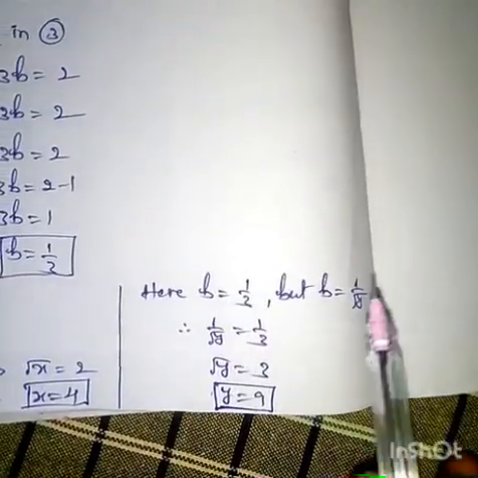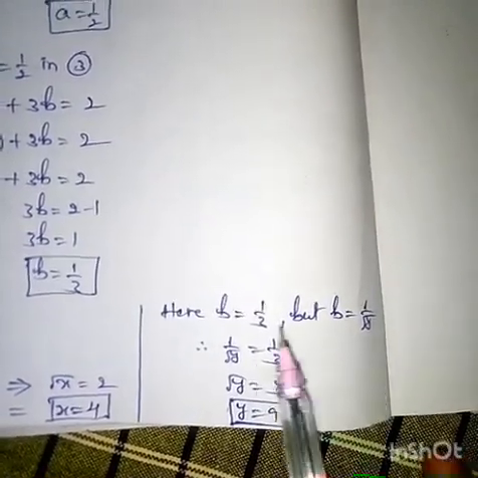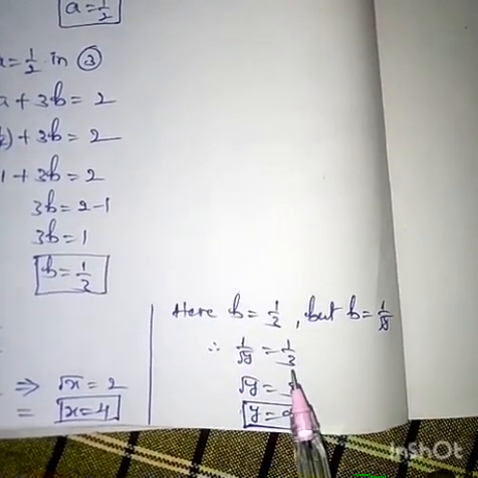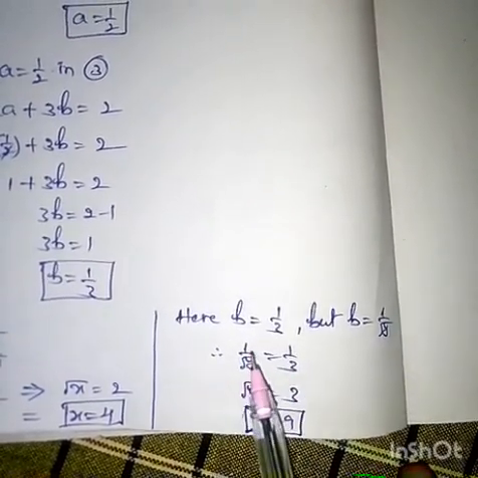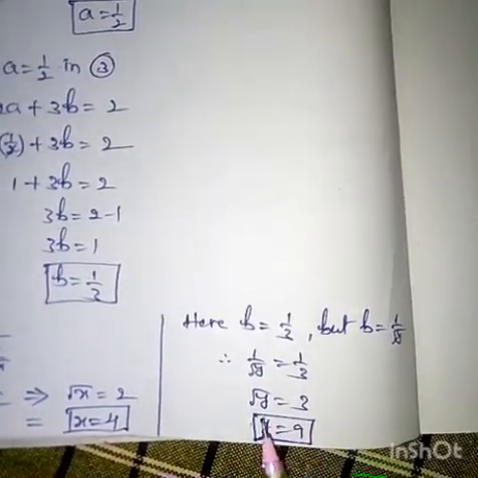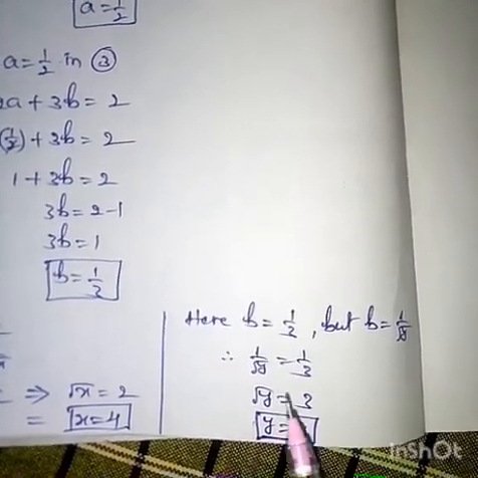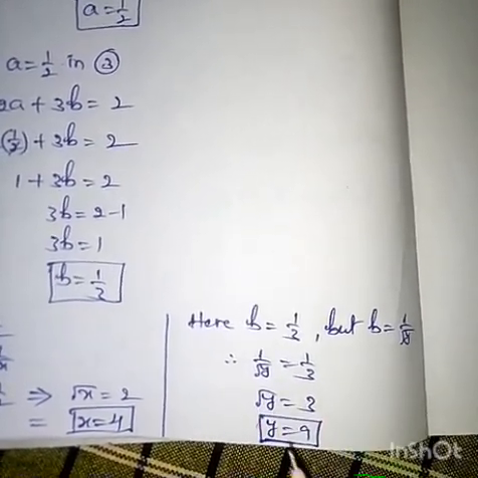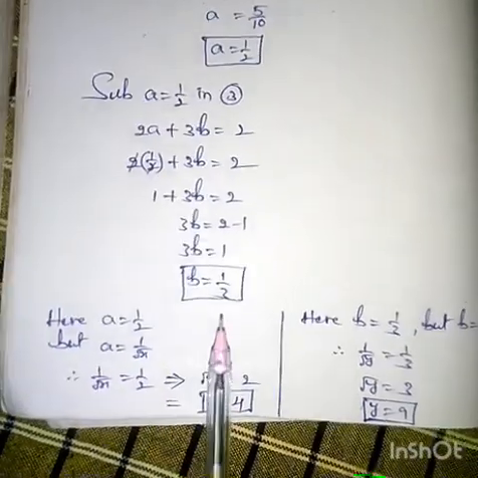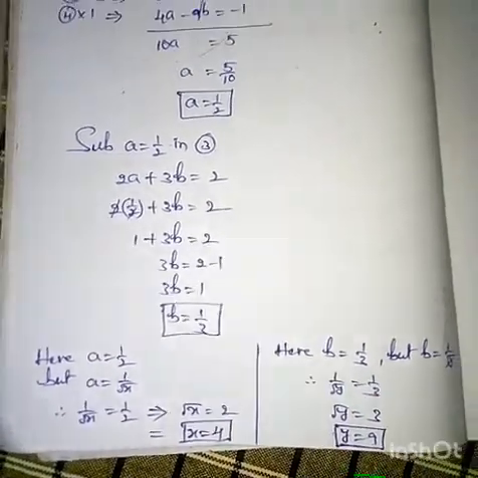Similarly solve the b value also. Here b equal to 1 by 3, but actually b equal to 1 by root y. So by equating these values we get 1 by root y equal to 1 by 3. Here the numerator values are also equal, that's why these values get cancelled. Here we get root y equal to 3. Here we need only y value, that's why if you transpose root value it becomes square. So that is y equal to 3 square. 3 square means 9. So that is y equal to 9. Okay students, therefore the values of x and y are x equal to 4 and y equal to 9.